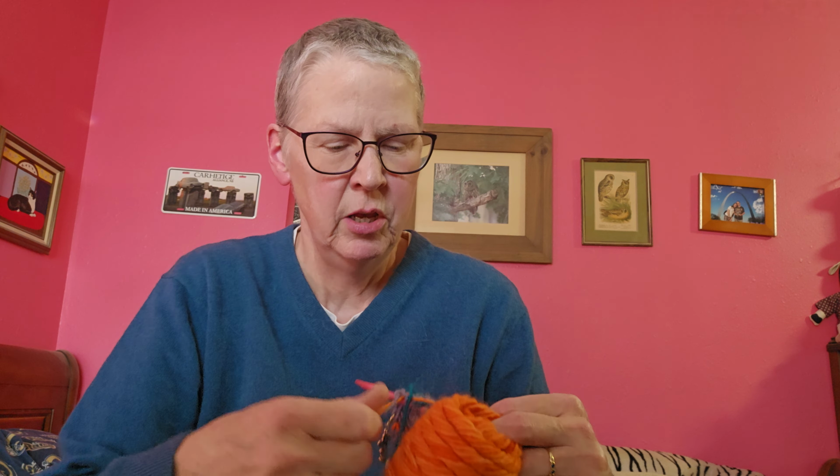So I've got this sort of denim with a hint of purple to it, and then I have a couple of skeins that I got from a yarn dealer in Elbert, Colorado that she overdyes herself, an orange and teal and yellow, and then I have kind of a dark teal that I'm also using. So my kind of strategy for this is